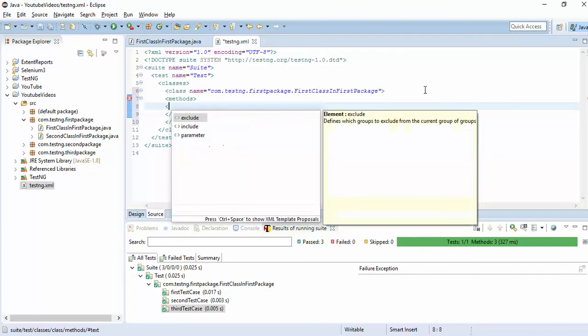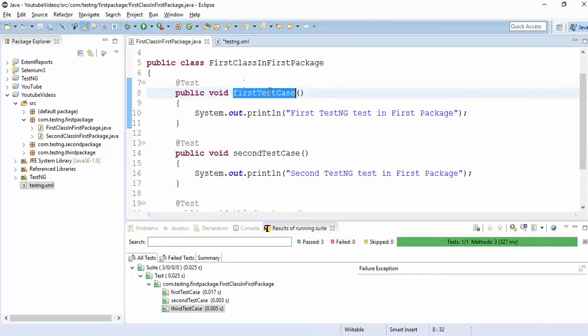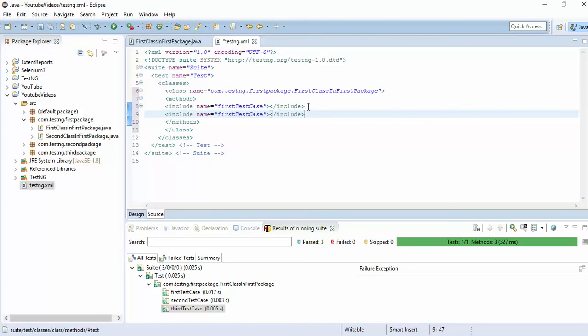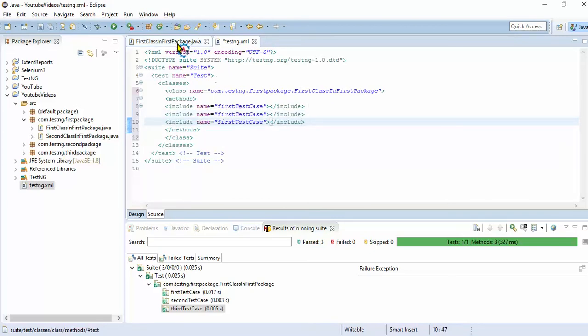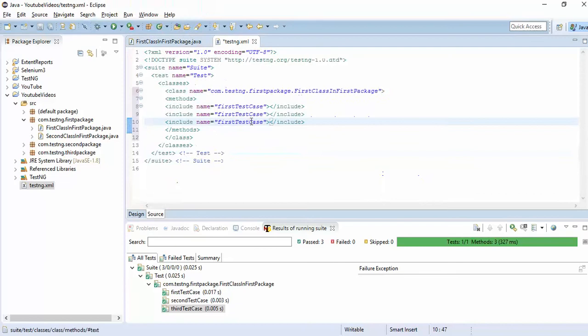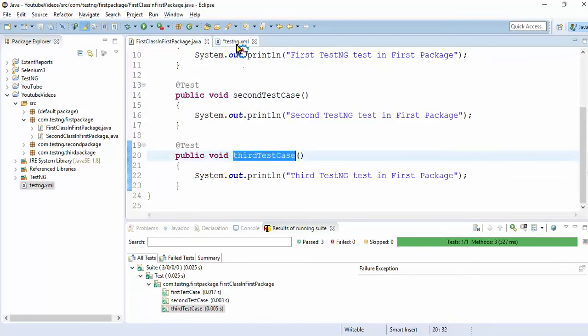Now I'll take include. You see include and exclude. You write include name equal to, and what is the name of the test method? First test case. I will include this first test case. The same way I want to include all of these: second test case and the third test case.